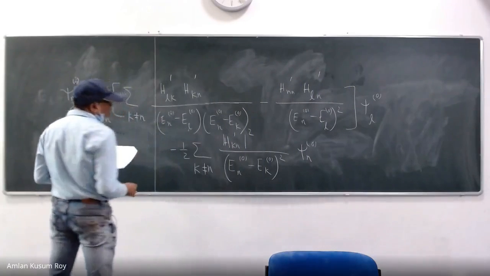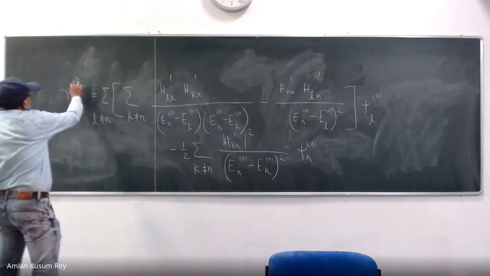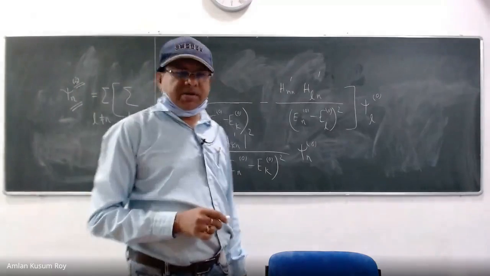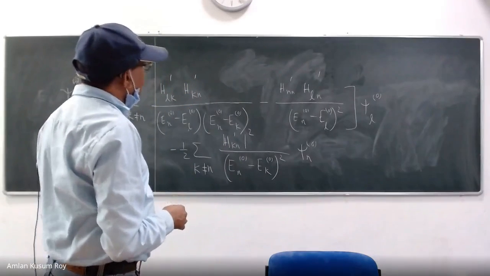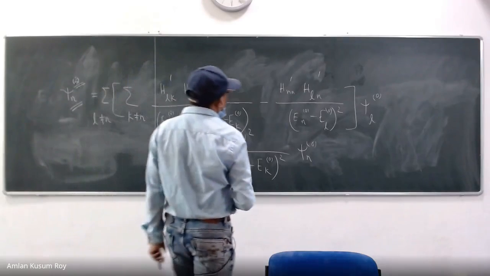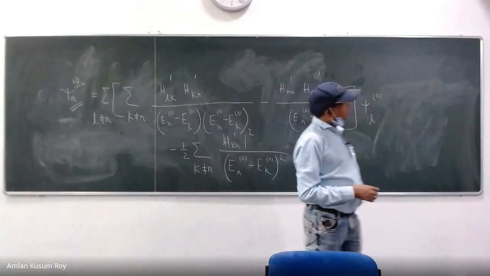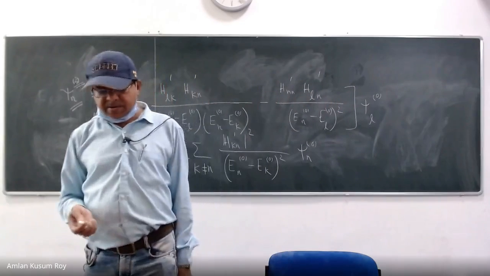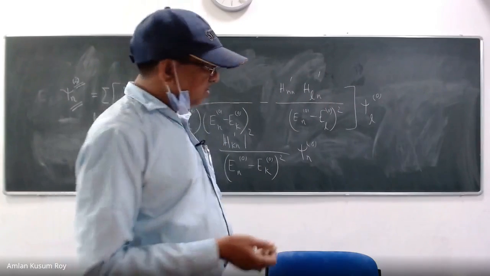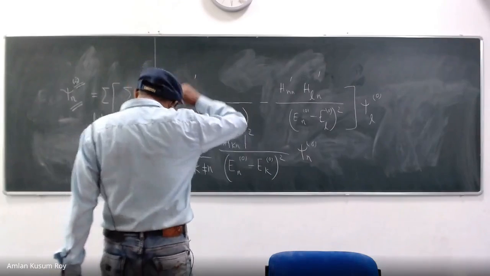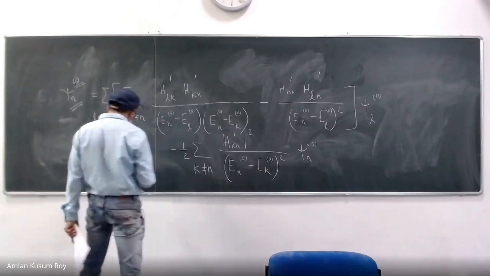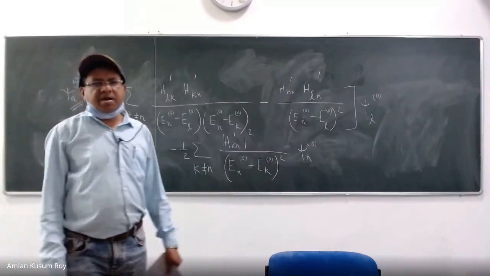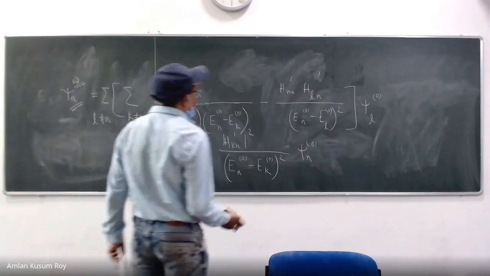Okay? So this is the expression for the second order correction to the wave function. So you can derive it. It's not that difficult, but you need to be careful and just understand. Then you understand what is the pattern in the wave function. I have told you how to find the pattern for the Schrodinger equation corresponding to the first order and second order and kth order, or in fact jth order. But you analyze this term and find a pattern in the second order correction in the wave function.